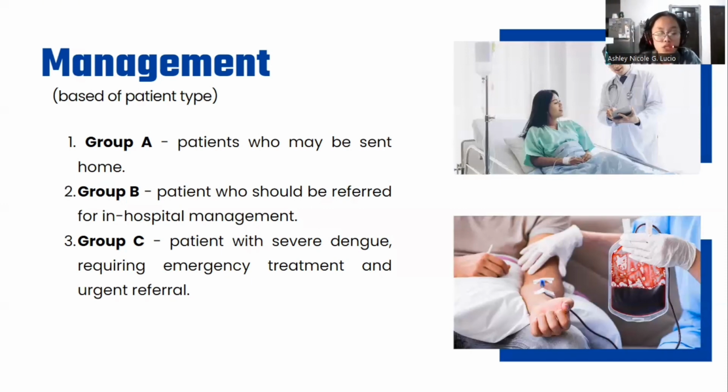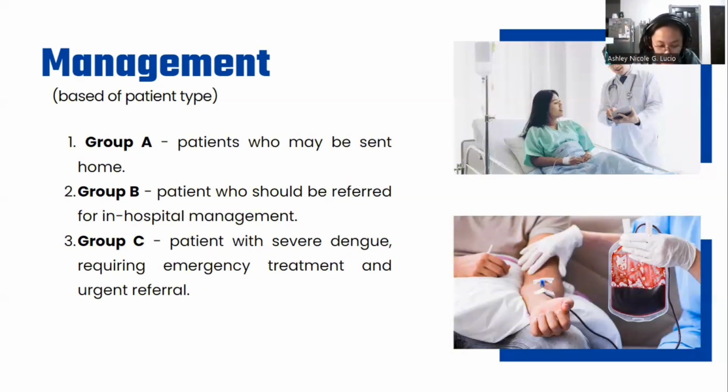Number 3, Group C. These are the patients with severe dengue. They require emergency treatment and urgent referral. These are the patients with severe dengue who require emergency treatment and urgent referral because they are in the critical phase